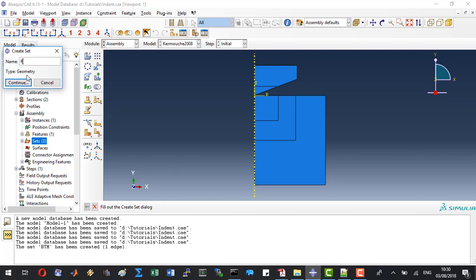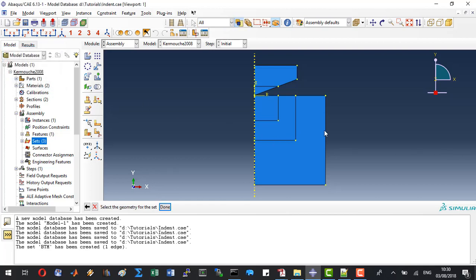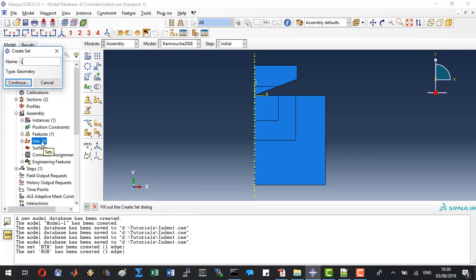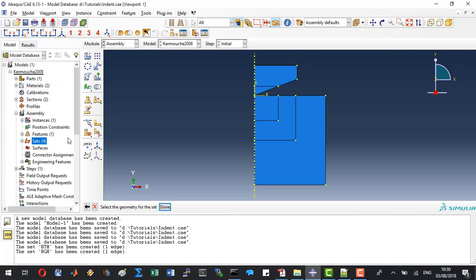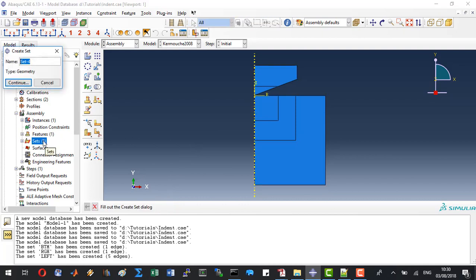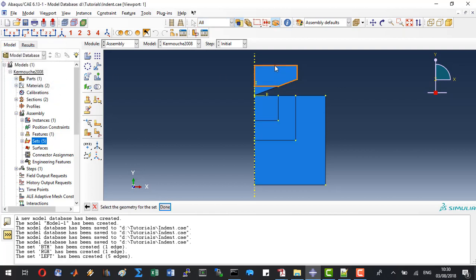Next, the right, highlight the right side, left. Here pay attention to select all the edges which are on the left side, click done. Create the top, continue, the top edge,